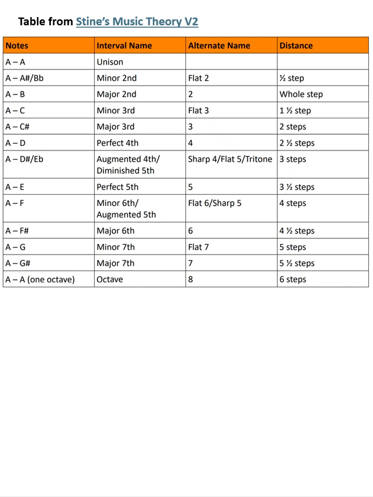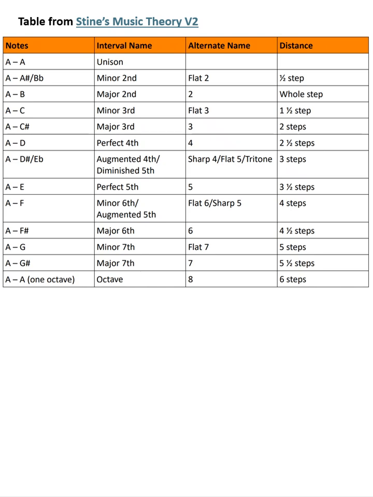there's obviously a name for every interval off the root. So in this case, if the root is A, on the first line, an A to an A is a unison, an A to a B flat is a minor second, or there's an alternate name called a flat 2. But the important thing to me is, if you look to the right, it's half a